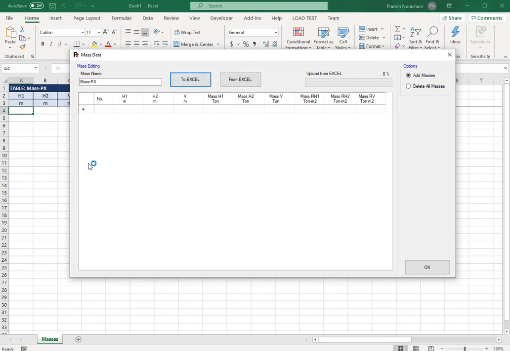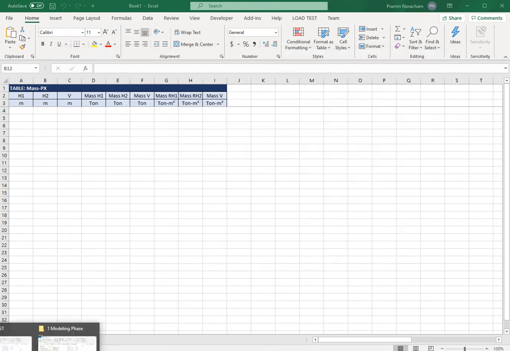Try to import the mass. Basically, we need to know the point that we would like to assign the mass to. The coordinate here and the mass for the 6 degrees of freedom.